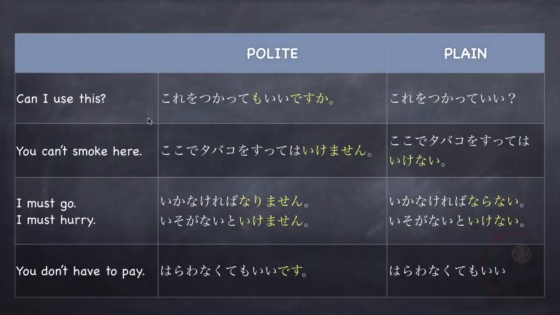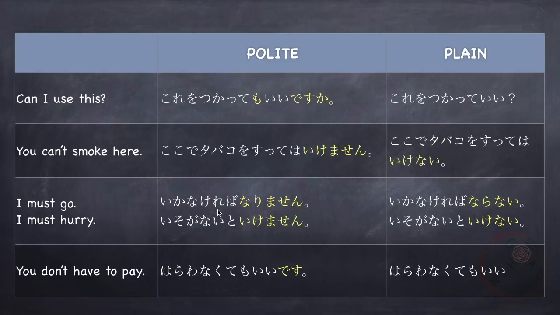Can I use this? これを使ってもいいですか? In plain form, これを使っていい? With a rising intonation. You can't smoke here. ここでタバコを吸ってはいけません。In plain form, ここでタバコを吸ってはいけない。So we change いけません to いけない。